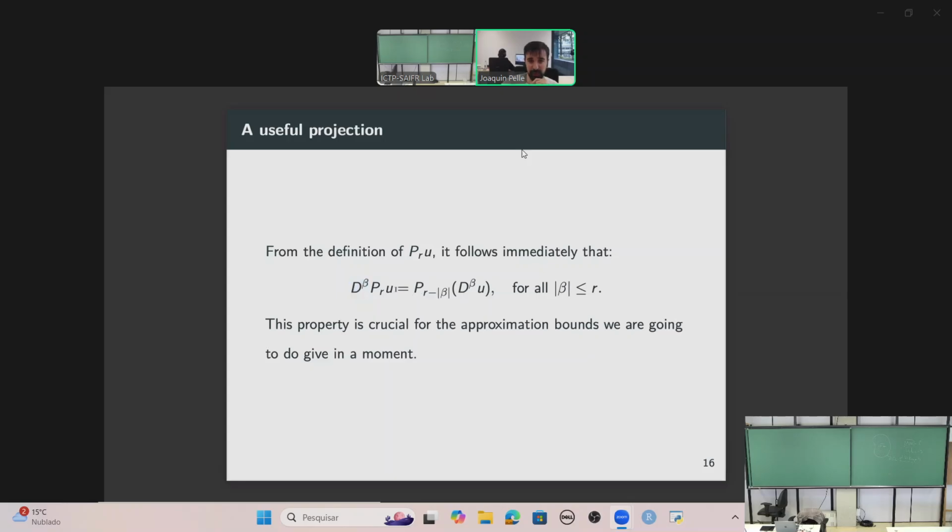And so basically we are comparing two things that live on the polynomial space. And it's easy to see that if we evaluate the degrees of freedom on each of these, they have to basically be the same. If you take the alpha derivative here, you're going to get an alpha plus beta derivative of this projection,